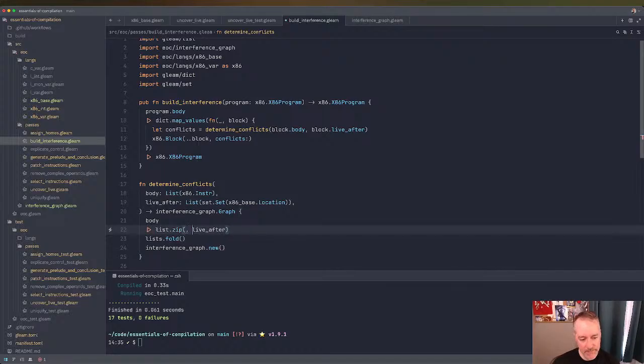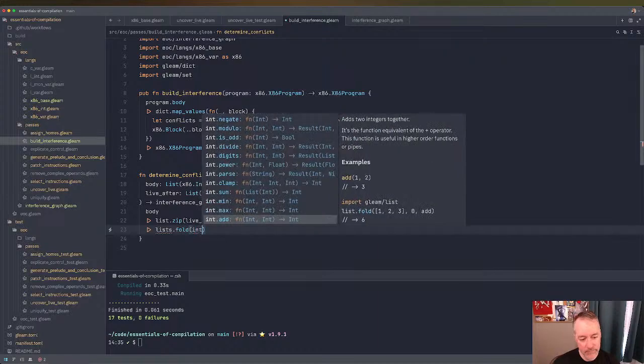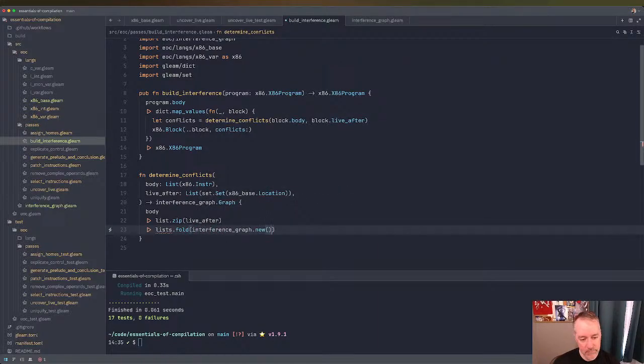Zip them together. Come on, Sean. Okay, and then we'll fold, and the new interference graph will be our accumulator. And then our function, which takes the graph, is going to take a pair